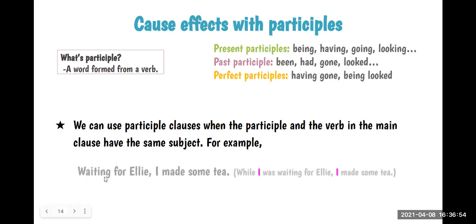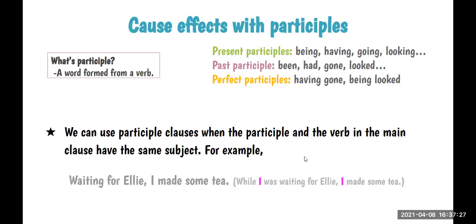For example, here we have, waiting for Ellie, I made some tea, okay? As you can see, the subject in these two clauses is the same. While I was waiting for Ellie, I made some tea, okay? So remember, we need to have the same subject in these two clauses, okay? Then